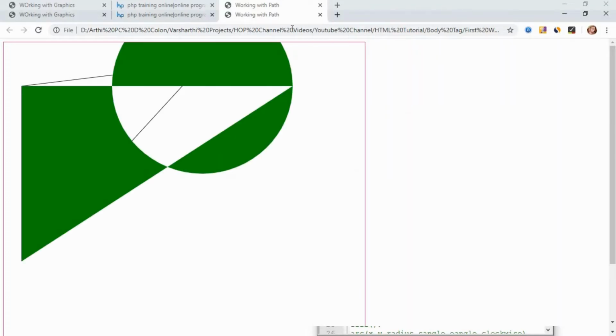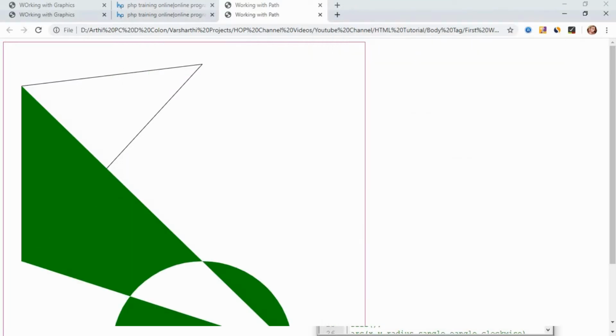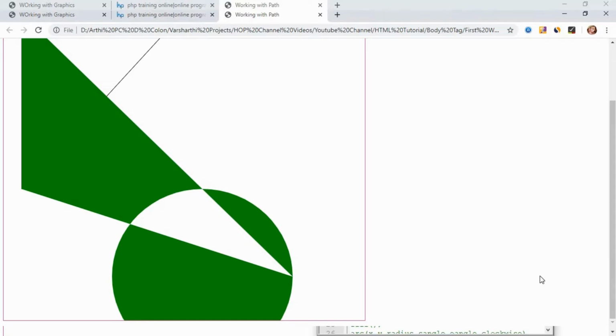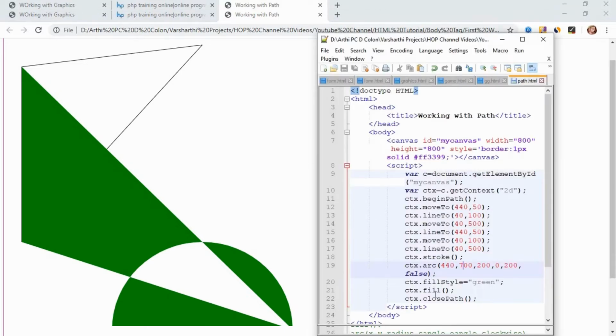Here the circle has been drawn, but we have to change the y-axis, right. We have provided the y-axis as 100, just change it to 700. It has been drawn below. The reason our circle is merging with our triangle is that we have closed the path after the circle, right.